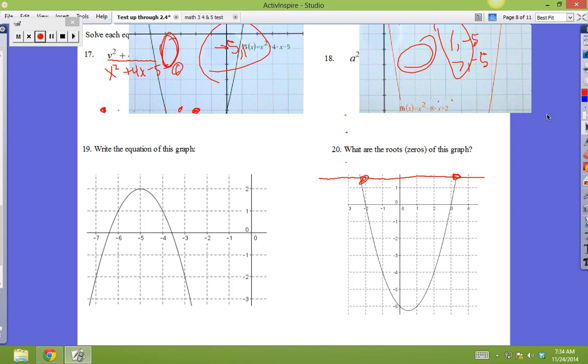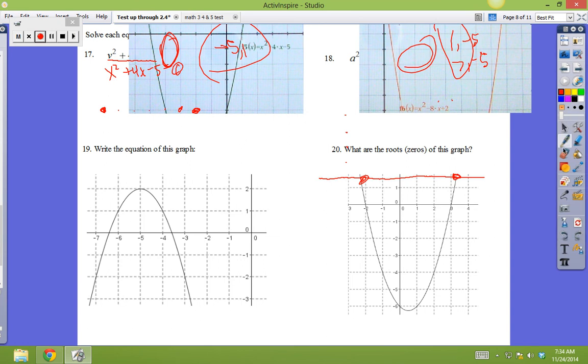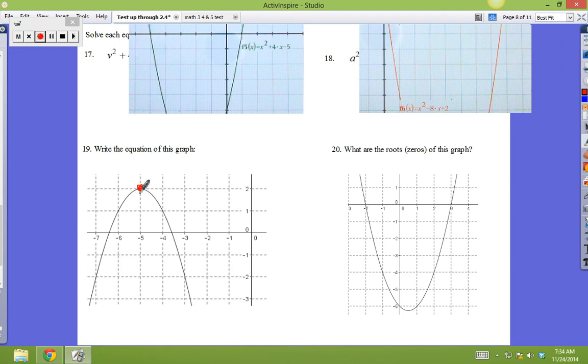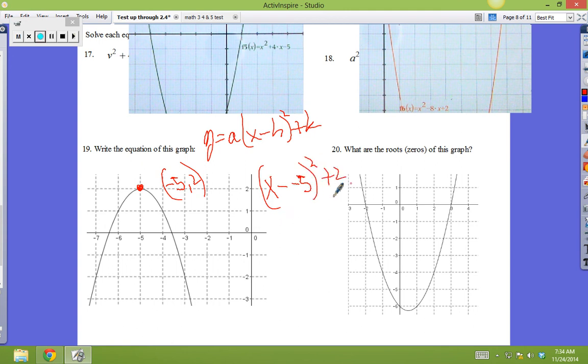Okay, number 19, now you're just looking at the graph. For the equation, this is going to be pretty easy since you know the vertex. You can use this model right here, vertex form: y equals a(x minus h) squared plus k. If you go left 5 and up 2, you need to tell me to go left 5 and up 2. So that's going to be x minus left 5, up 2. You need to simplify that to x plus 5